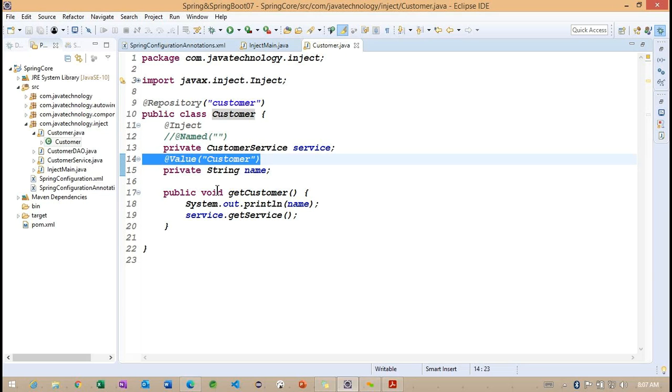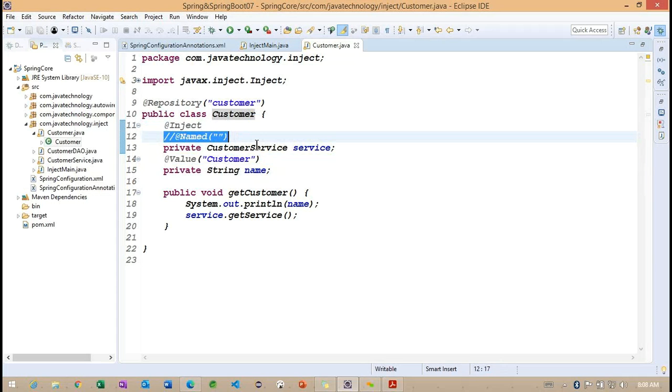Right. So this particular value annotation we can discuss more in our upcoming classes when we are trying to discuss MVC related or database related topics, or when we are trying to work with the REST APIs here. So we are going to have more information regarding this particular value. So today we just discussed the inject and name and value annotation here. Any questions regarding this particular inject and name and value annotation here?